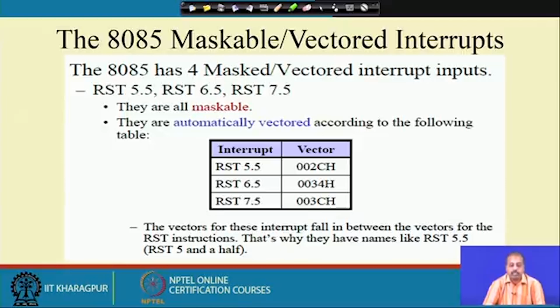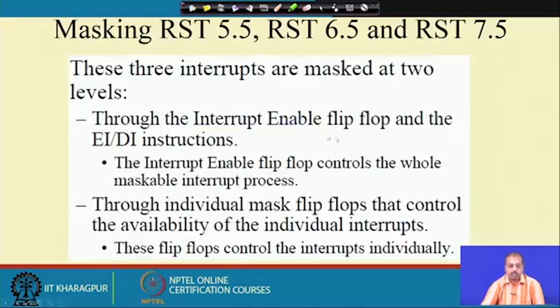We will see how that can be done. They are also vectored interrupts because the addresses are fixed. They are automatically vectored as per the table shown. The masking of interrupts 5.5, 6.5, 7.5 can be done at two levels. One level is via the interrupt enable flip flop and the EI/DI instructions. You can use the EI/DI instructions to change the interrupt enable flip flop,